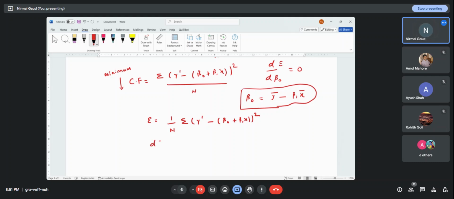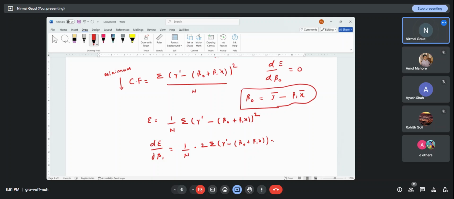So del E by del beta 1 is equal to 1 by n. Let it be. First is the power differentiation, so 2 you have to bring in front. So 2 summation y dash minus beta naught plus beta 1 x